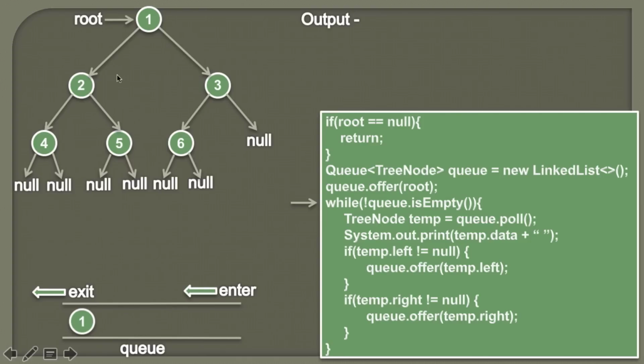So friends, in order to traverse this binary tree using the level order traversal, we basically use a while loop. Inside this while loop we place a condition that we will iterate this while loop till the queue is empty. Currently you can see the queue is having one node, which is node 1, therefore it's not empty. So the condition in the while block comes out to be true.